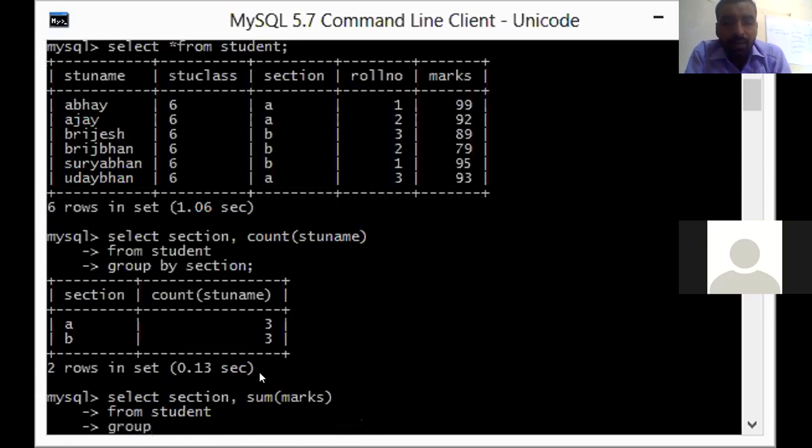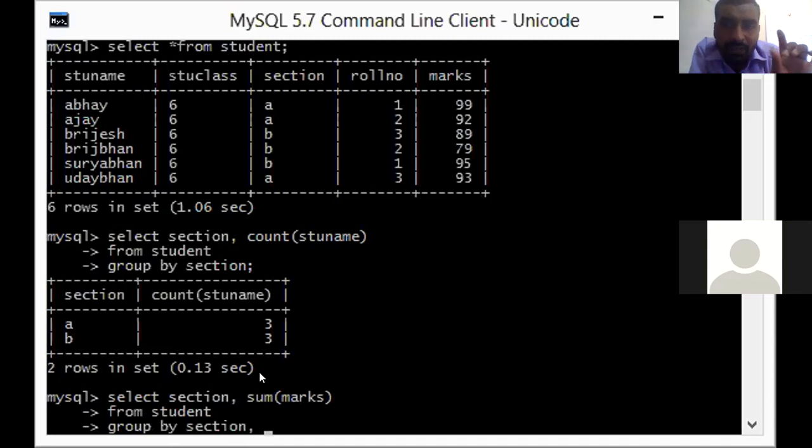Then again write the group by function. Now we are going to apply multiple columns, that is nested group. So first, on what field do we want to group? Suppose we want to group first on section. Then comma, the second group. Suppose we want it on roll number.